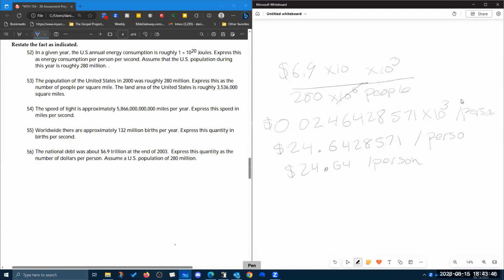Sorry, trillion is times 10 to the 12th. So it's thousands, millions, billions, trillions. So this is times 10 to the 6th, times 10 to the 6th, is going to make this